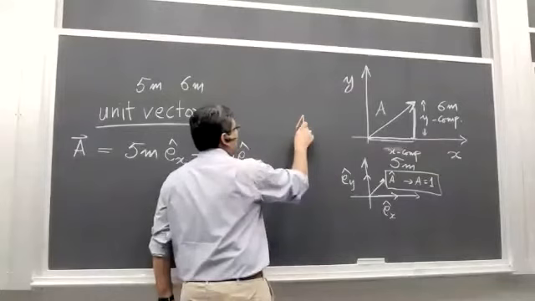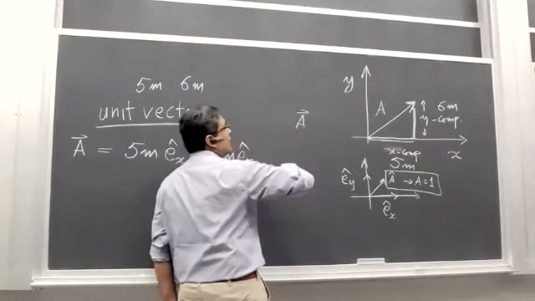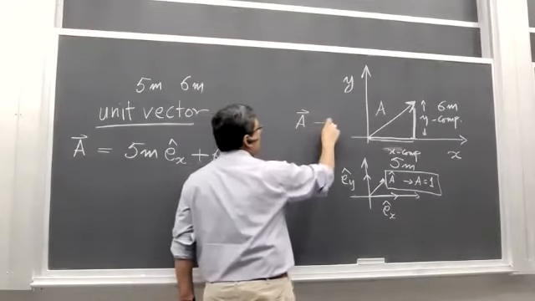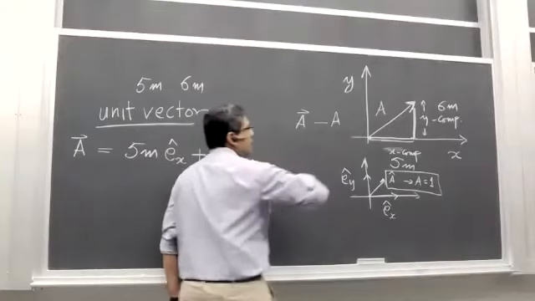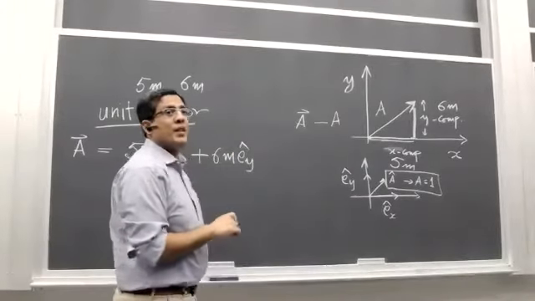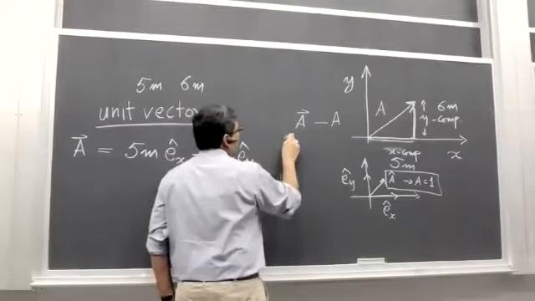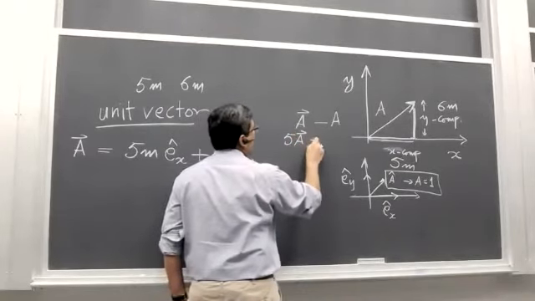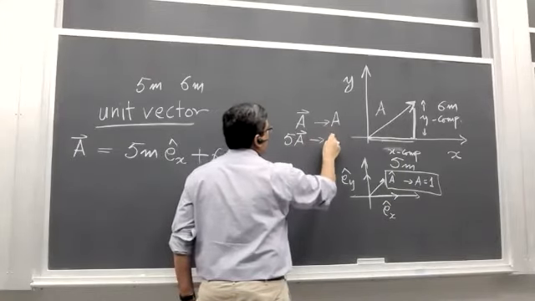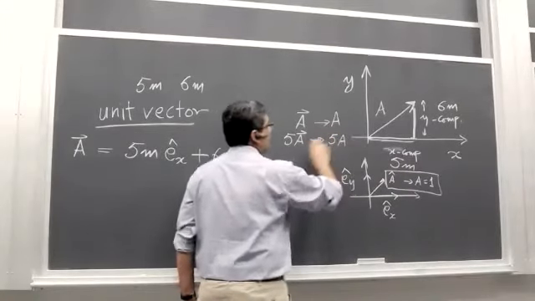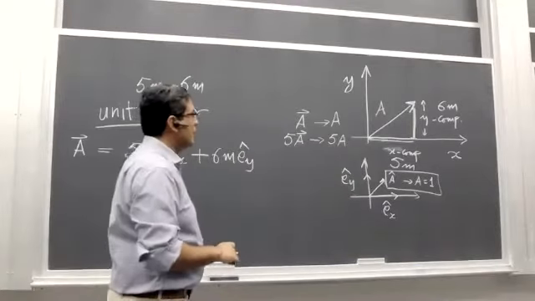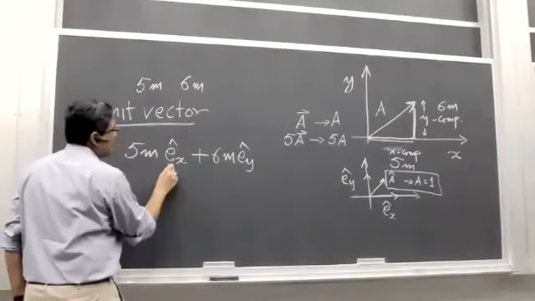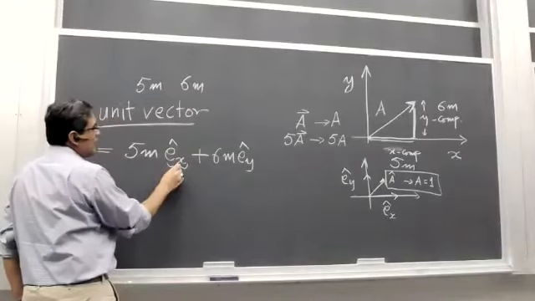अगर मेरे पास एक वेक्टर है ए, इसका कोई मैग्नीट्यूड है जिसको मैं स्केलर ए से रिप्रेजेंट करता हूं, ठीक है। अब अगर मैं इसको 5 से मल्टीप्लाई करूं, तो इसका मैग्नीट्यूड अब क्या हो जाएगा? 5 टाइम्स ए, राइट? जी सर। तो इनका अपना मैग्नीट्यूड तो 1 है, लेकिन मैं एक स्केलर